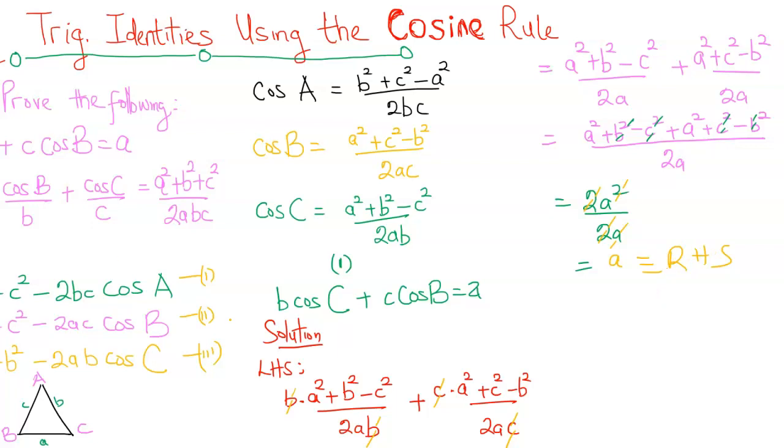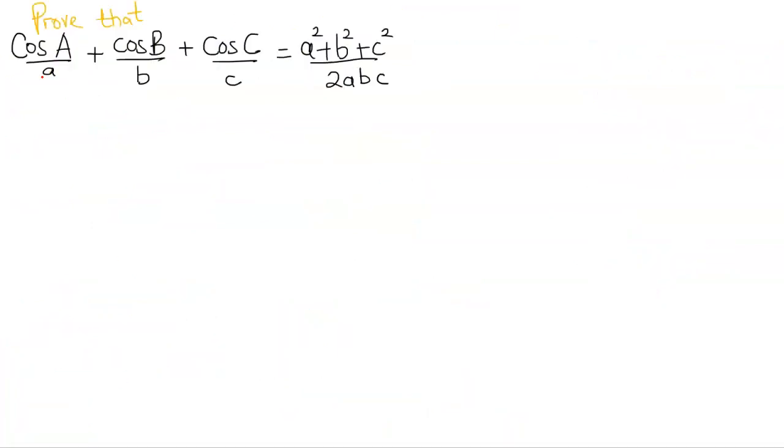Let's take the second one. We are to show that cos A over a plus cos B over b plus cos C over c equals a squared plus b squared plus c squared over 2abc. We're going to be relying on those formulas from the previous slide. Now focusing on the left side, so this is the solution. Focusing on the left side,